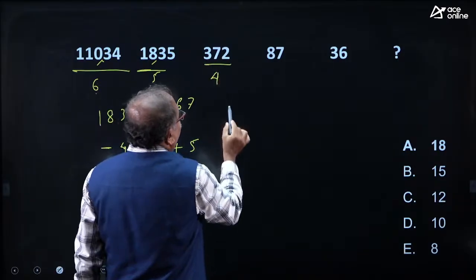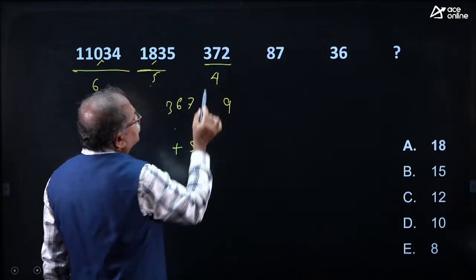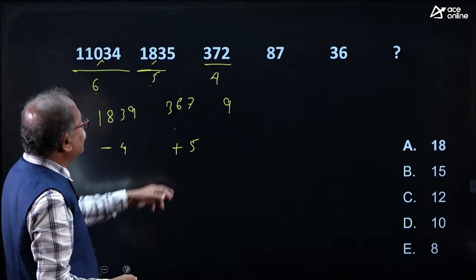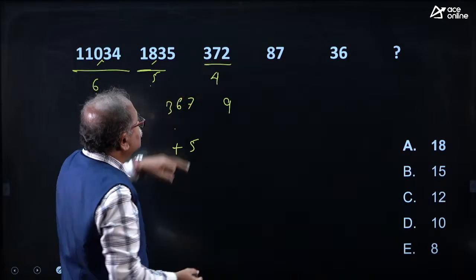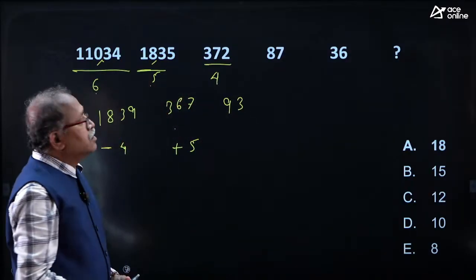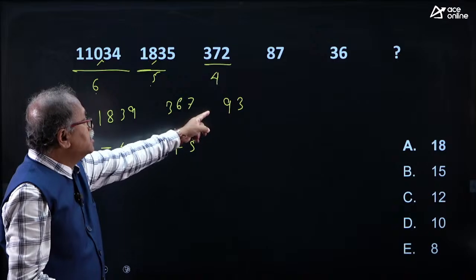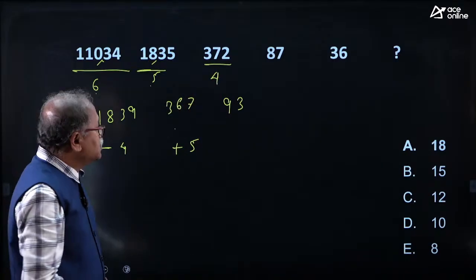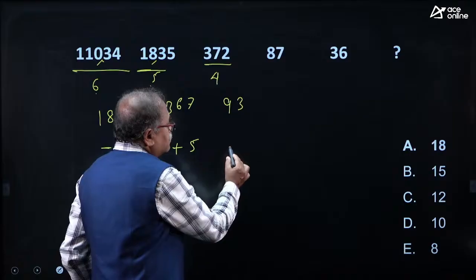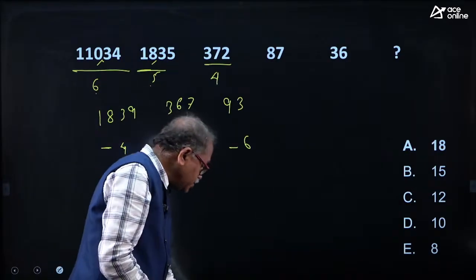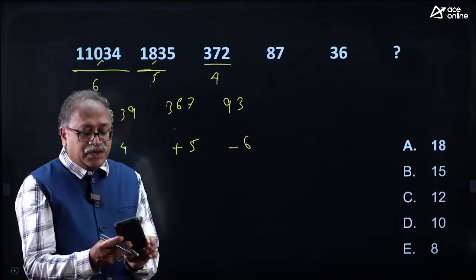obviously I will go for 4 here. Then 4, 9 is 36, and 4, 3 is 12. So, see that 93 is there, your next number is 87. That means you are subtracting 6. So, you got the clue, and I am sure you will finish this question